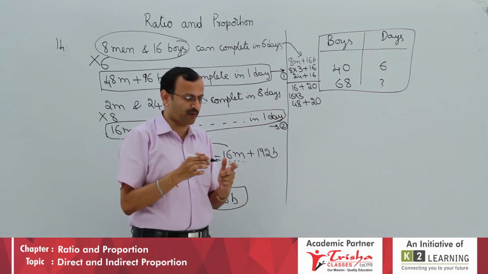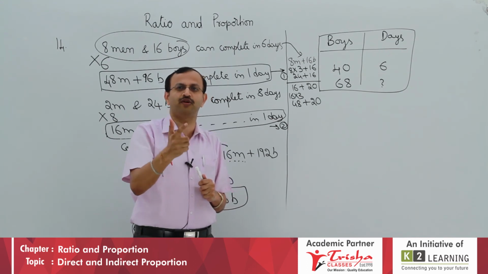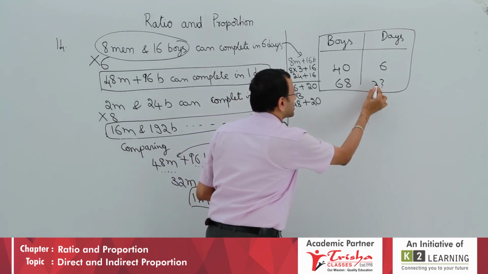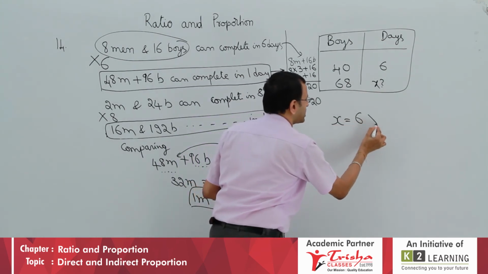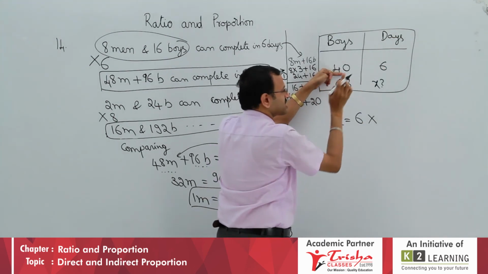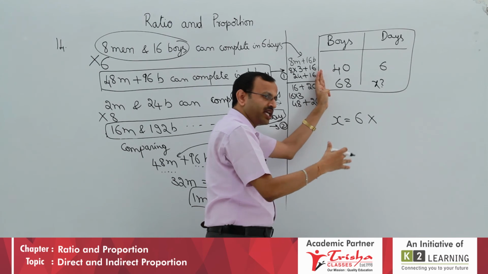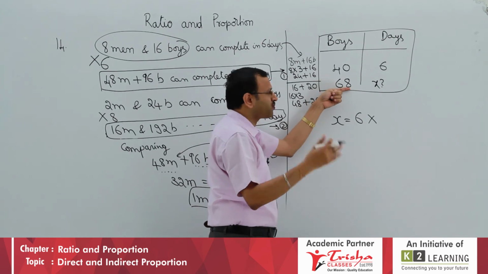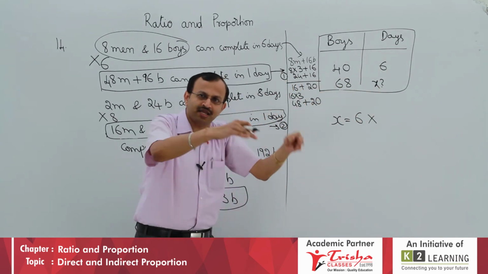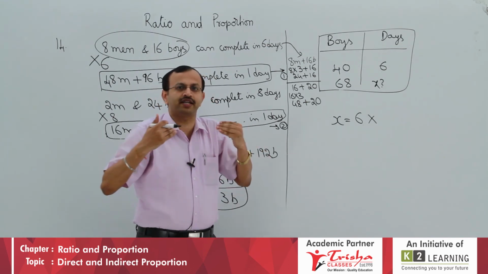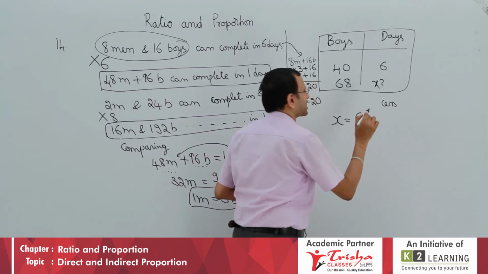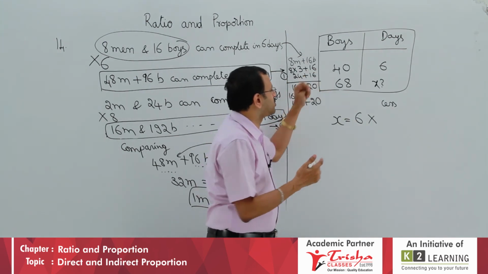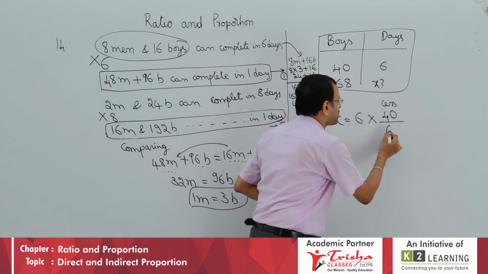Like we worked out direct proportion and indirect proportion, I told you two simple words, more and less. Same logic you apply here also, and your answer is ready. So x is equal to 6 days, the time 40 boys take to finish. If you employ 68 boys to do the same work, more boys are there, so the same work will get done sooner. Work will complete in fewer days. Students, is it more or less? Correctly you tell. More boys, same work, will finish in less days. Tell me what is less in these two. 40 is less, so 40 upon 68.